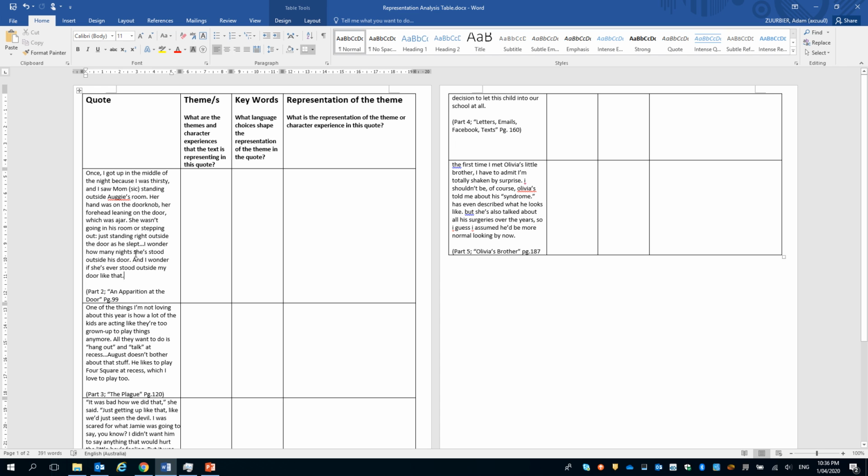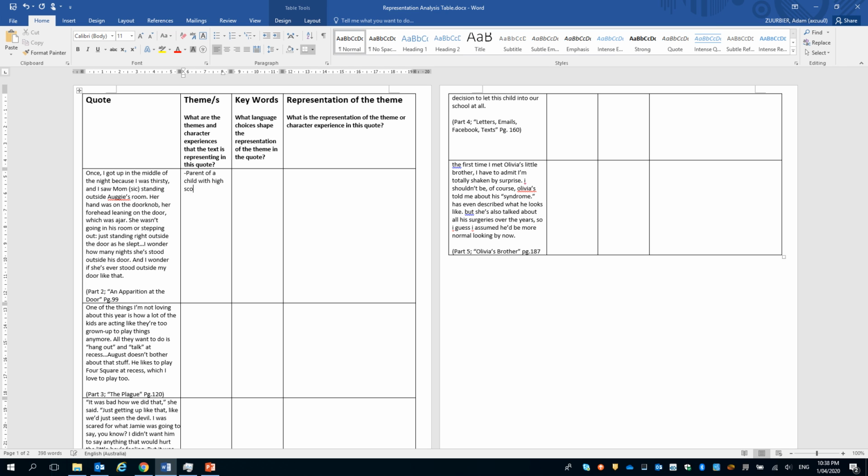Now, when I read that little quote from page 99, and I'd suggest you go back in your book and have a look at it again as well, so you can see it in its full context. But what are the themes and character experience that the text is representing in this quote? When I read that, it is written from Vere's perspective, and she's really talking about her mum's experience taking care of Augie, and she's really representing to the audience the care and love and thought that her mum puts into caring and thinking about August. So she's just sitting outside his room, listening to him breathing as he slept, making sure that he's okay, tending to him. So the character experience that she's representing there, or one of them, is being the parent of a child